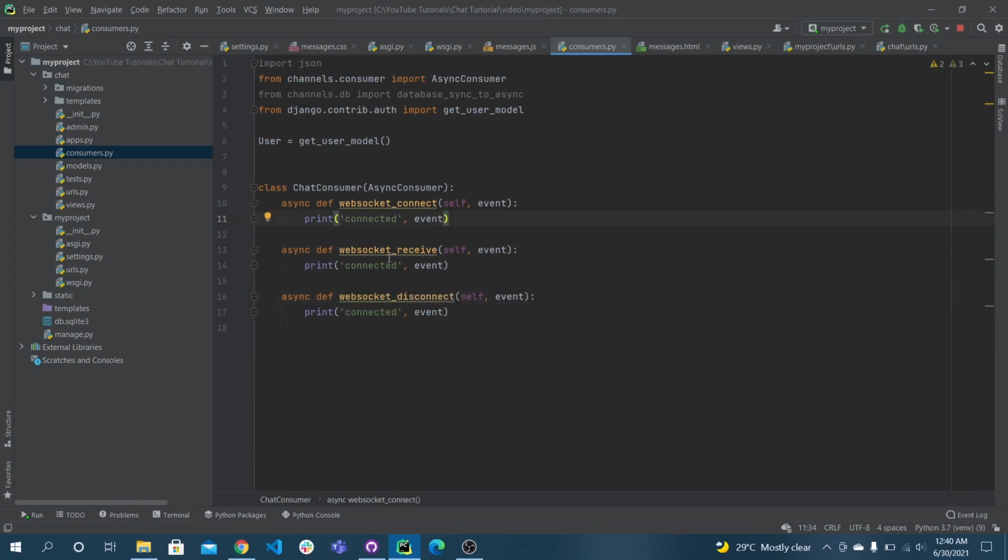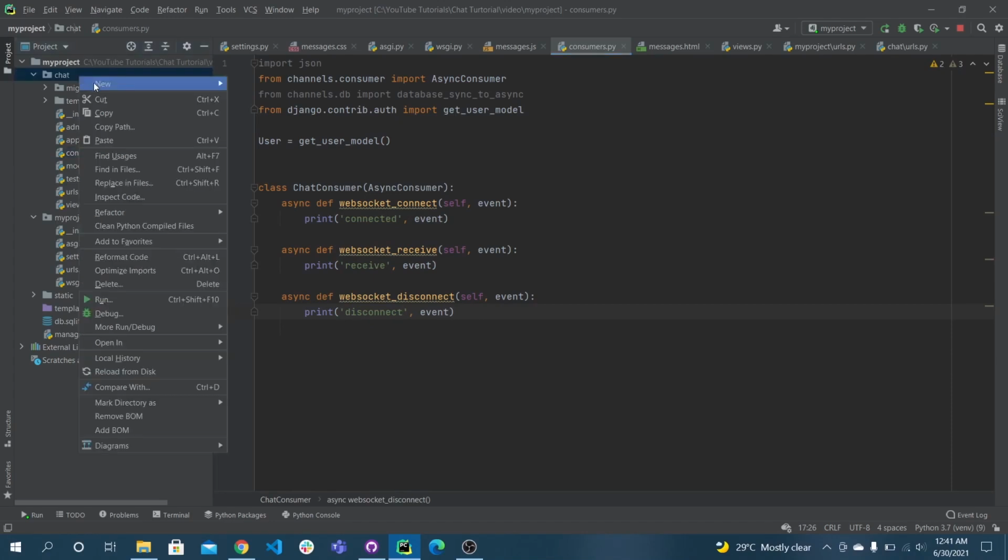As the name suggests, websocket_connect is called when the WebSocket connection is established. websocket_receive is called when we receive any message from the front end. websocket_disconnect is called when the connection between the WebSocket and the consumer is disconnected. I'll just rename this.